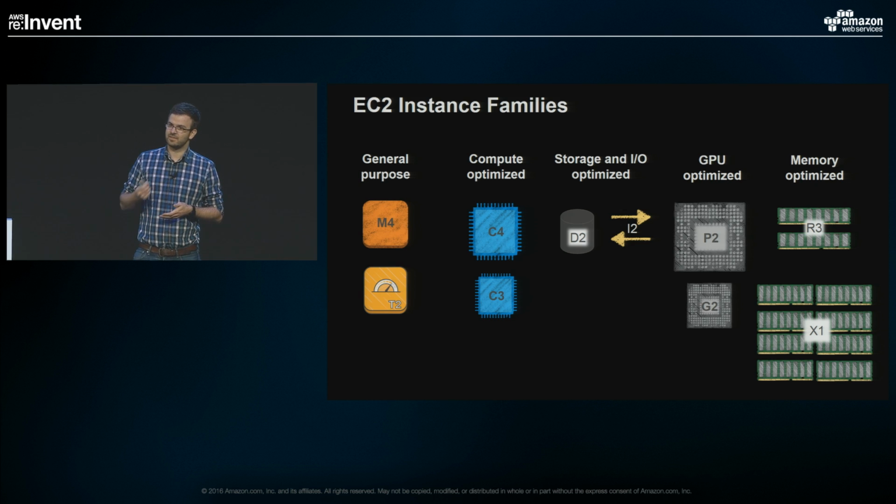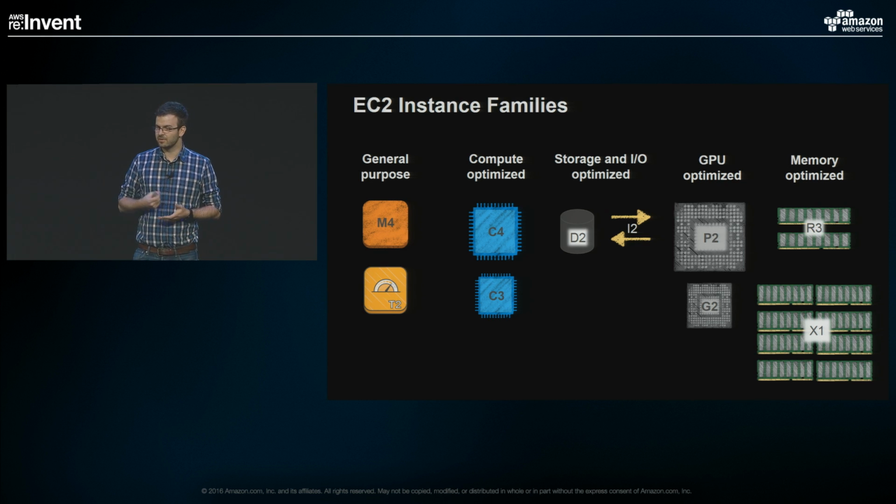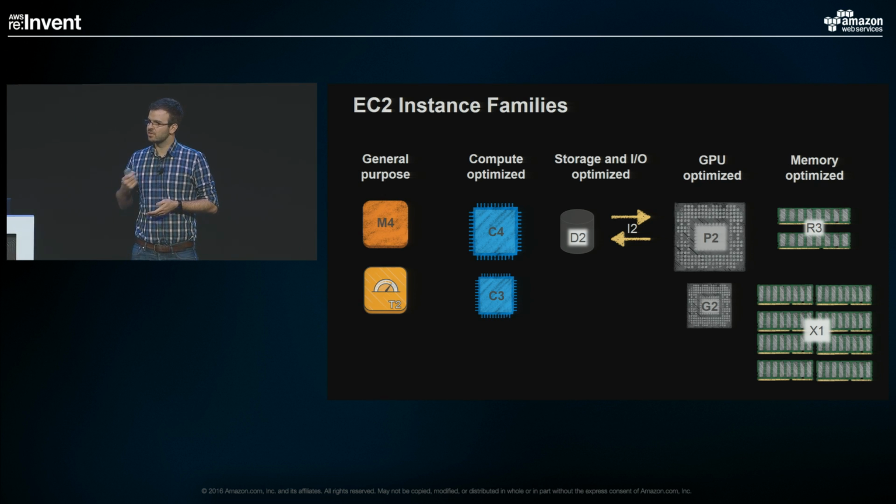And to find the right family, you need to look and understand what your application is constrained by. So if your application needs a lot of memory, start with a RAM-optimized instance like the R3 instance. If you need a lot of compute, start with the C4. If your application's actually pretty well balanced, you'll probably want to be in the general purpose category with an M4 or a T2 instance. By choosing your instance from the perspective of your constraint, it's pretty easy to find the right family, and then from there,